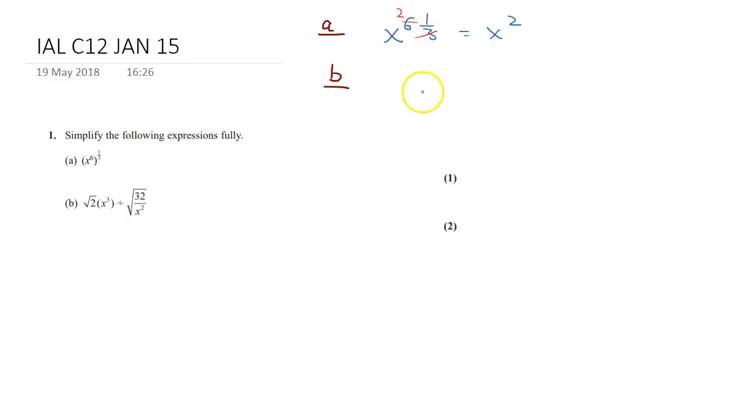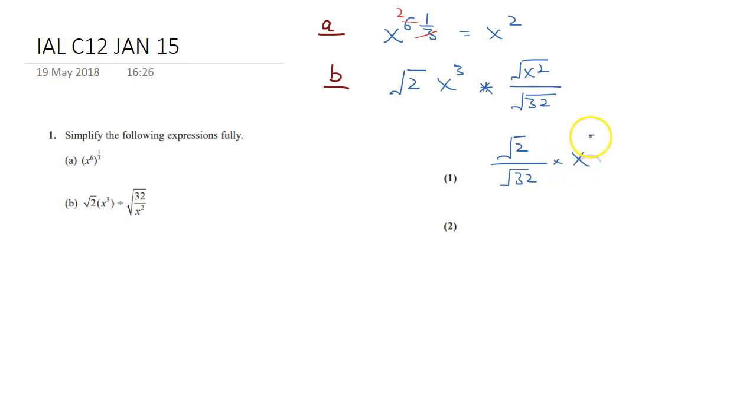Root 2 x power 3. This divide can be converted into multiply. Root x square over root 32. This is a multiplication sign. So this is root 2 over root 32